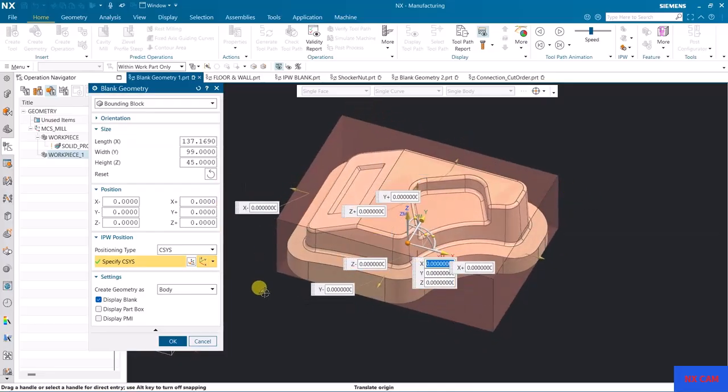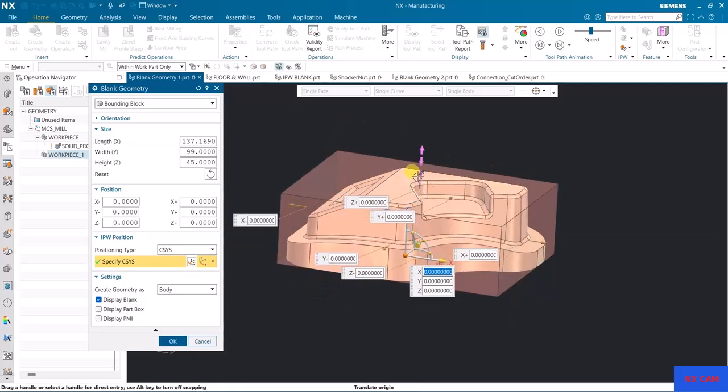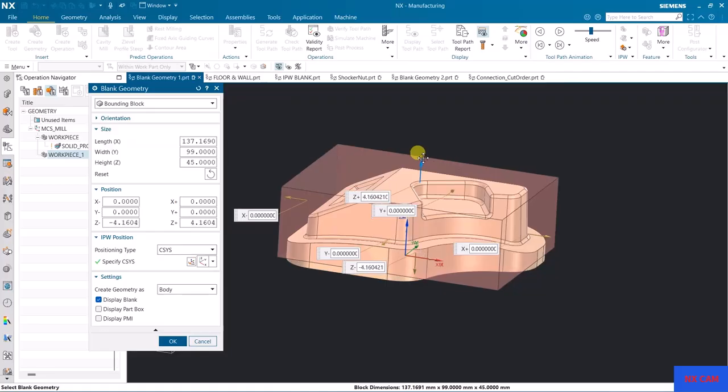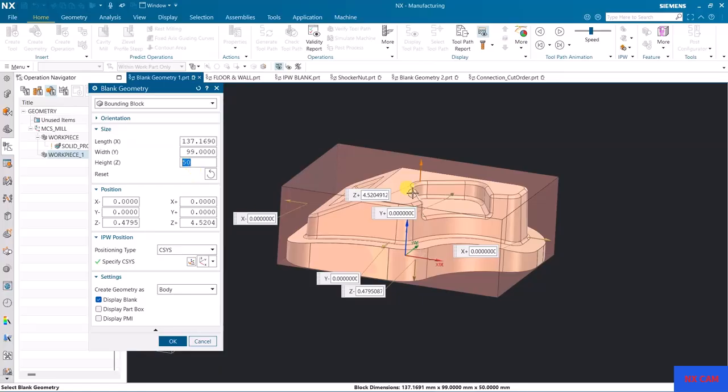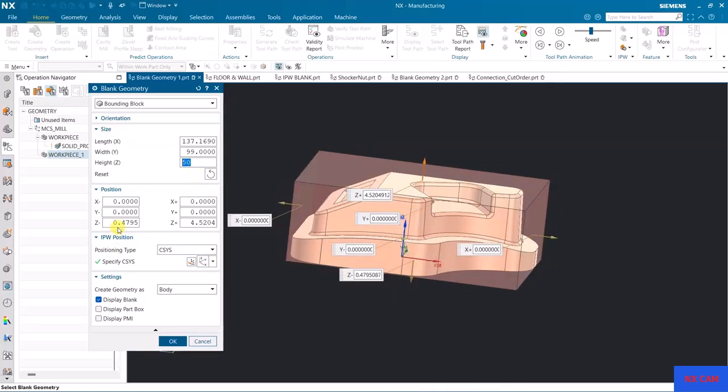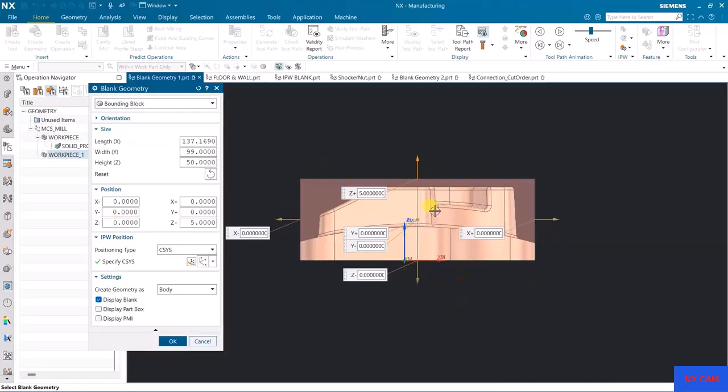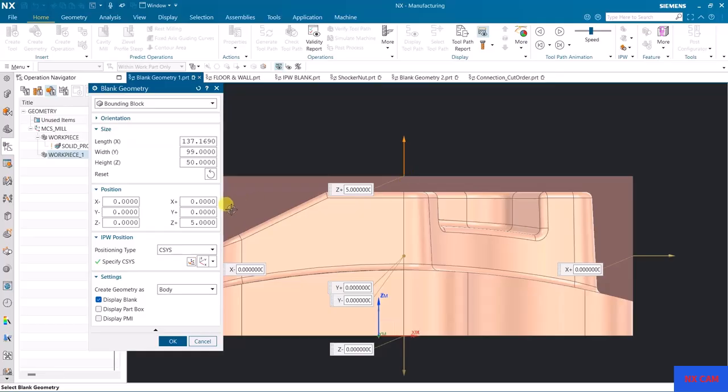If you want to add material, like I want to add in this direction, if you drag, it will shift. So add the value in the z direction. It is 5 in positive z, and in negative z it is 0. It means it is touching the bottom face, and 5 mm up from the top. So this gap is 5.